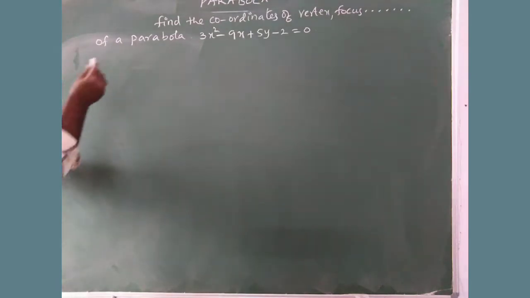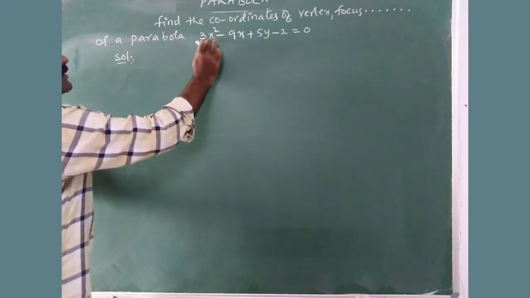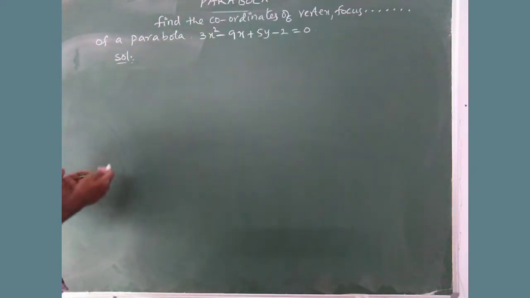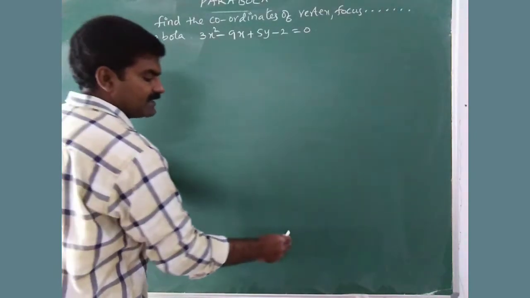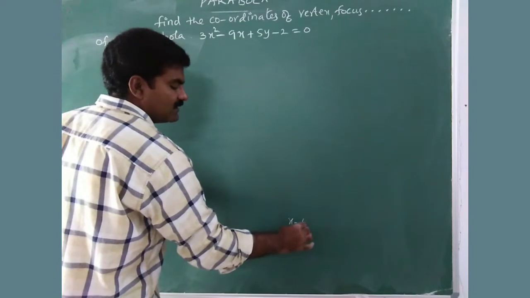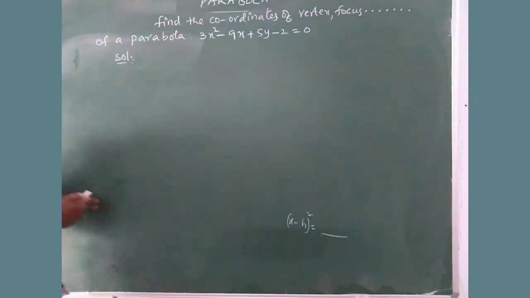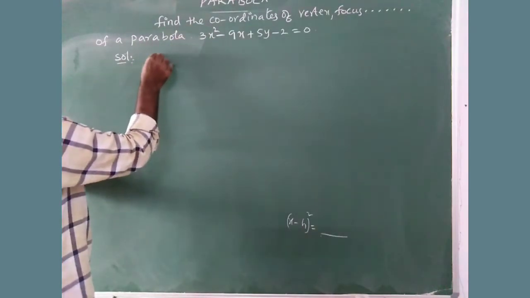Okay. So clearly, when you look at this parabola, you must observe that it is x square. I mean, immediately you need to get that this is the idea, because it is x square, x minus h whole square is equal to something. That is the way you need to get the first idea by seeing this x square term. So coming to the problem,